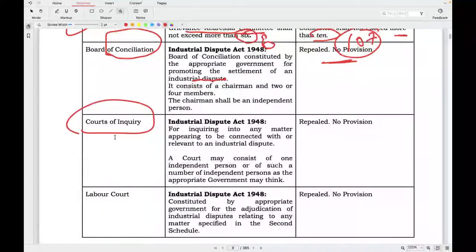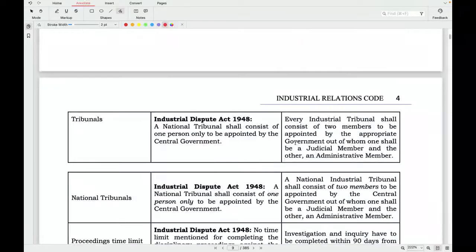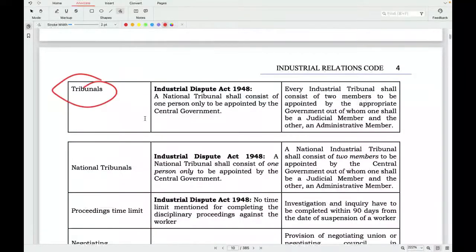Similarly, there was a Court of Inquiry for inquiring into any matter. It was under the Industrial Dispute Act, but this provision has been removed in the new Labor Code. This was constituted by the appropriate government for adjudication of industrial disputes, but currently there is no such provision in the new labor code. Tribunals. National Industrial Tribunal has been given in the new